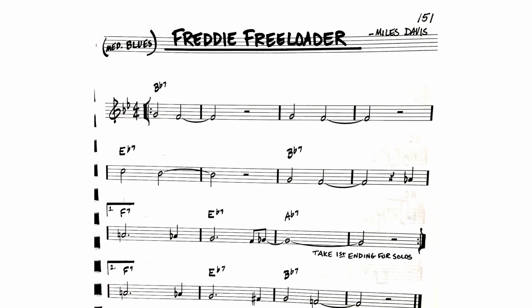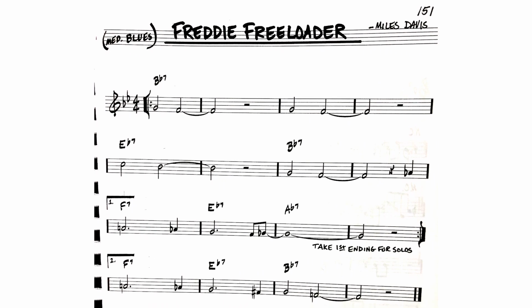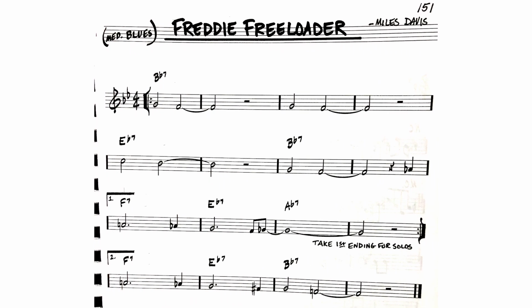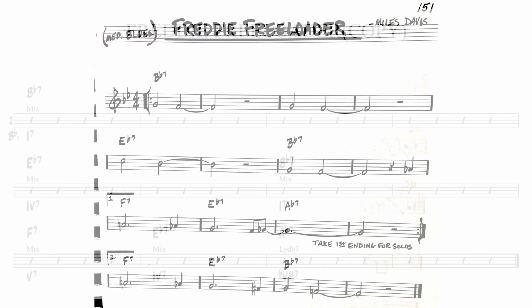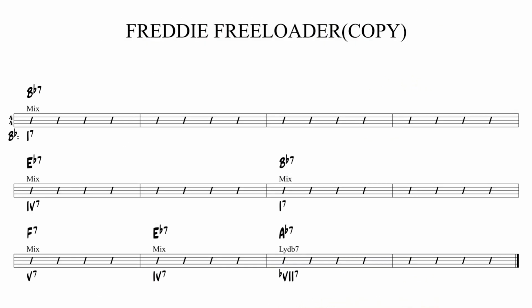Let's look at Freddy Freeloader by Miles Davis from the album Kind of Blue. This is a blues with a few interesting modifications, and it's a good example to show you how to use today's upper structure. This blues follows one of the most basic blues progressions, with 4 bars of 1-7,